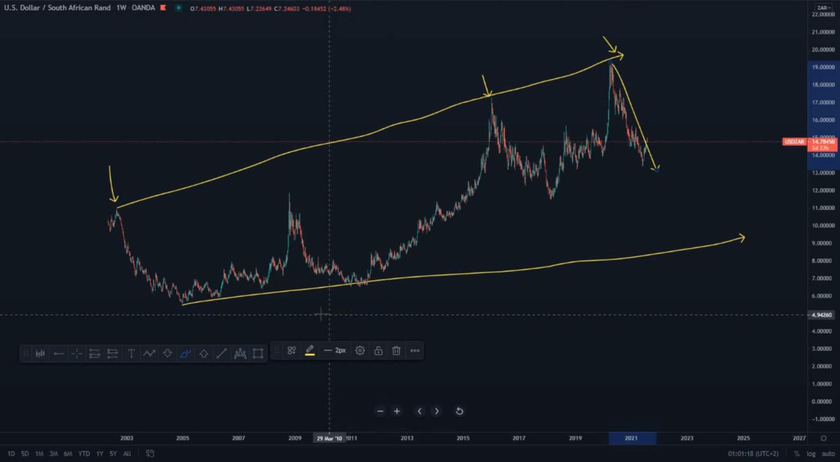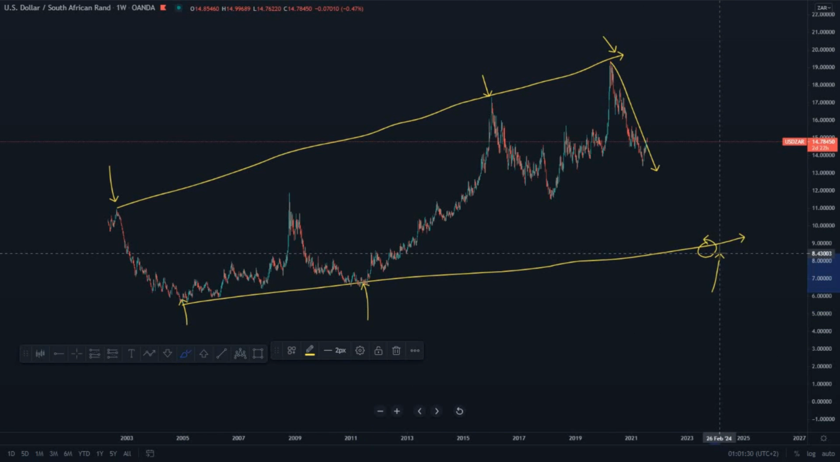So the reason why I'm saying that there is a probability that we can see USD-ZAR dropping to 8 rand is just because, if you can check, we have a first touch, we have a second touch. We could be coming back here to give us this third touch so that the pattern can be complete. And then if we were to look at the inner structure, which is inside the lower time frames,